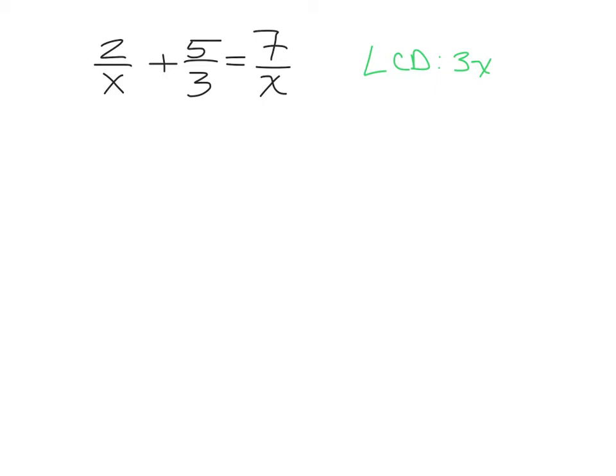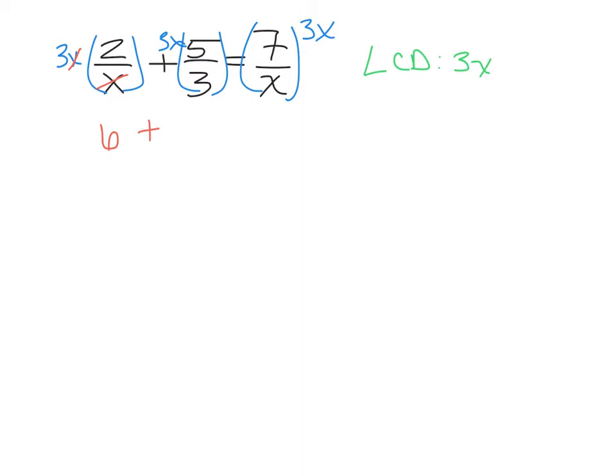So now to solve, let's multiply each term by 3x. I'm going to multiply 3x, 3x, and 3x. So 2x over 3, I see that x and x cancel. So I'm left with 3 times 2, which is 6, plus, in the second term on the left side,